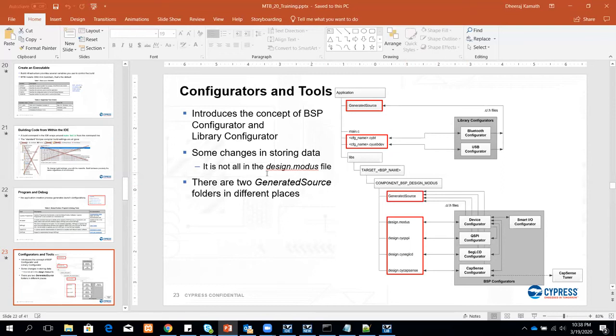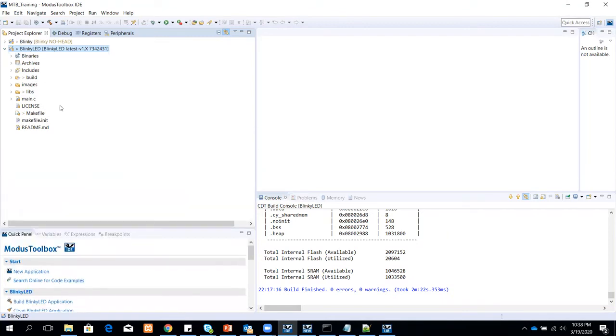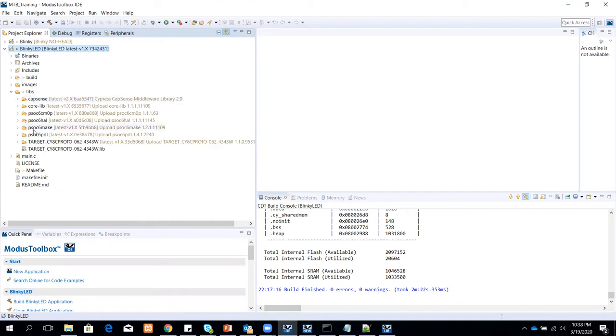So like I mentioned, not everything is through the design.modus file. You have separate files for QSPI, SegLCD, and captions, and each of them is basically going to invoke the configurator itself. Let me just show that to you quickly. So here are all the files that you get in the project, inside the libs folder.